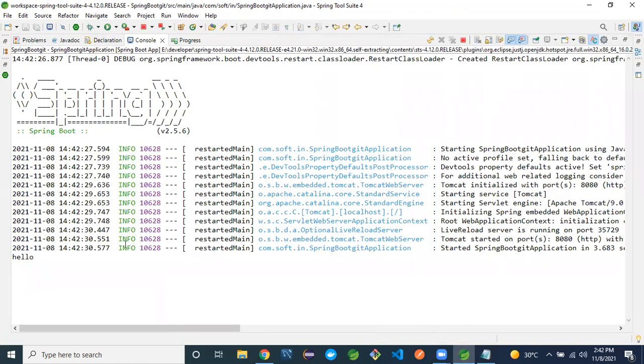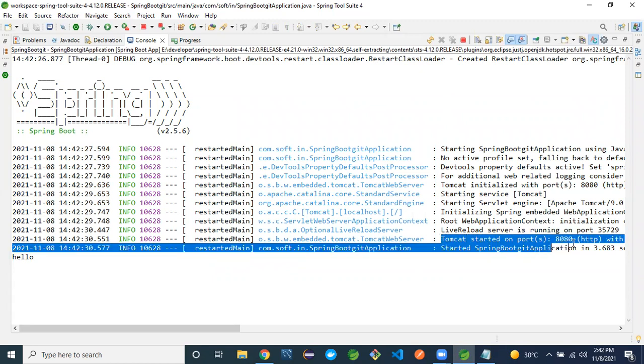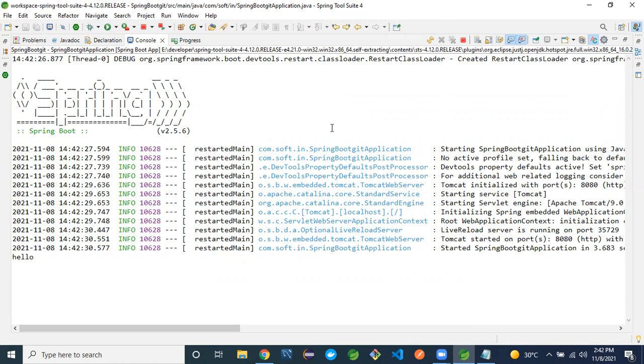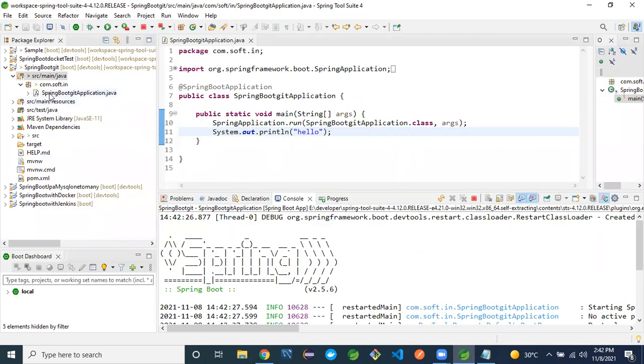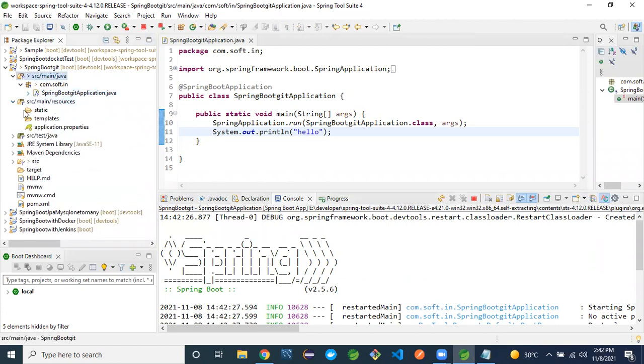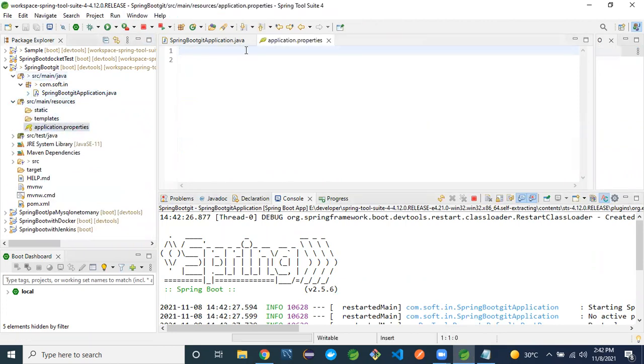See, in this application it works fine. It prints hello. A Tomcat server is started on port 8080. If you want, you can choose an external port number. Go to the application.properties file and mention server.port equal to some four-digit port number here, to override the default port number.